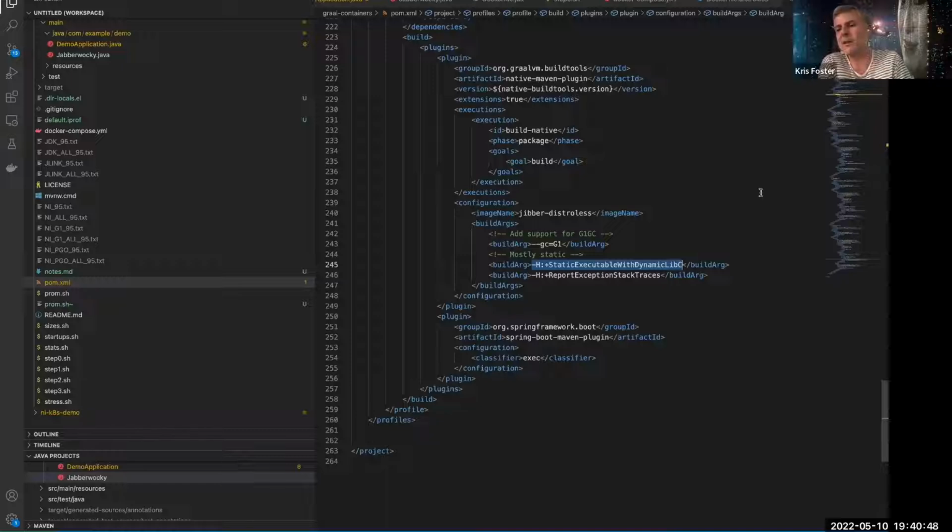This is the option if you want mostly statically linked, but you're using a GNU libc distro. That was a long little discourse, but I think it's interesting to know the differences between the two kinds of distros and how we support them. So we've got this extra flag. So let's